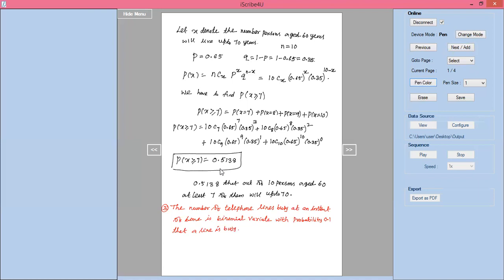If 10 lines are chosen at random, what is the probability that